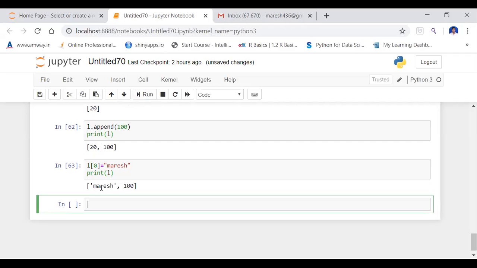Now next, what to do? If you want to remove Marish from the list, what do I do? I should use the remove function. L dot remove.